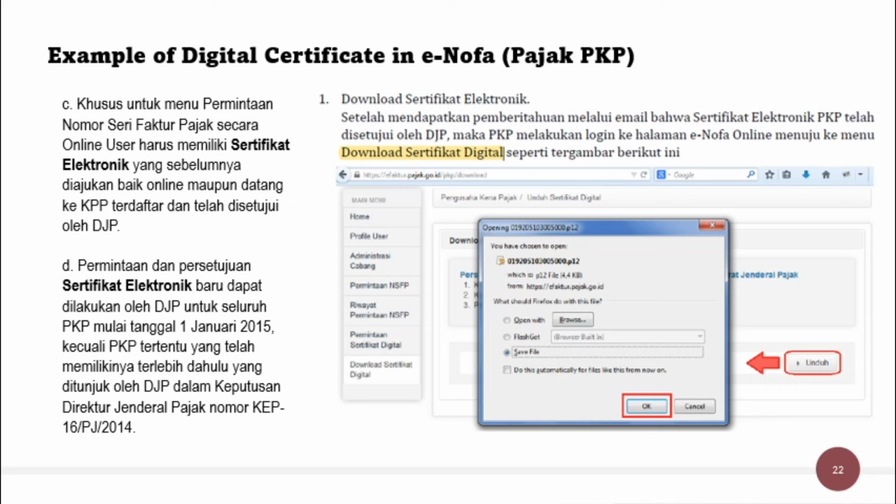They can use this downloaded digital certificate, and then when they need to make a tax invoice, the government is really certain that the one who sent the tax invoice is genuine, because it is accompanied by a digital certificate. Okay,